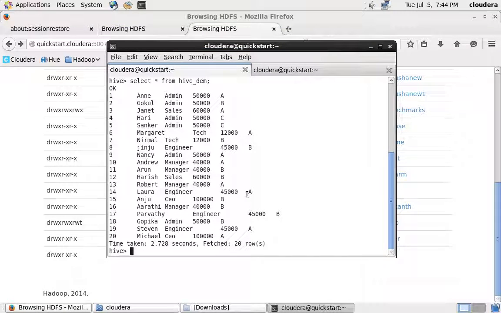See, one more concept is there. In real time, we have an extra feature in Hive query language when compared with MySQL. For example, if I have the same data that we have on the screen now, and I want to fetch information based on the designation. I have designations here like admin, sales, engineer, techie, manager, CEO. So we have six designations. I want the data to get partitioned, segregated based on the designations.